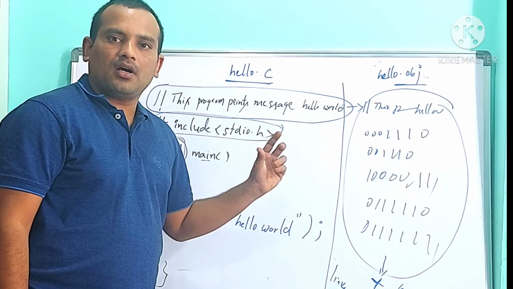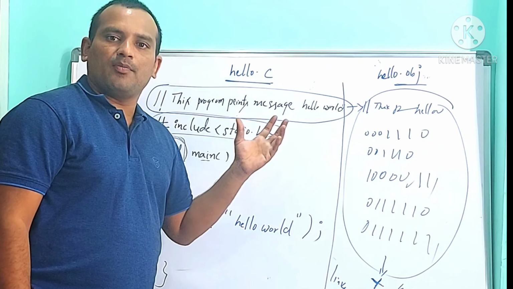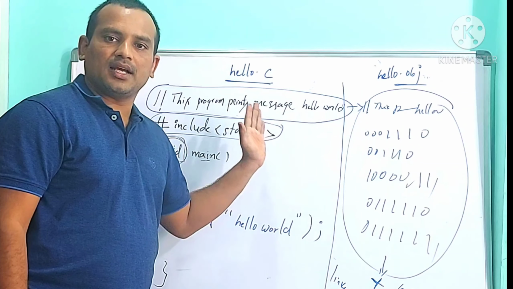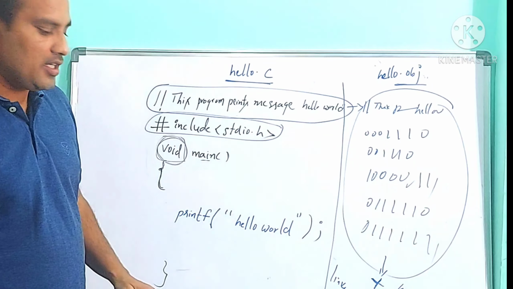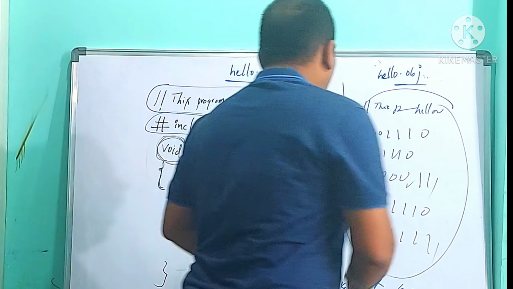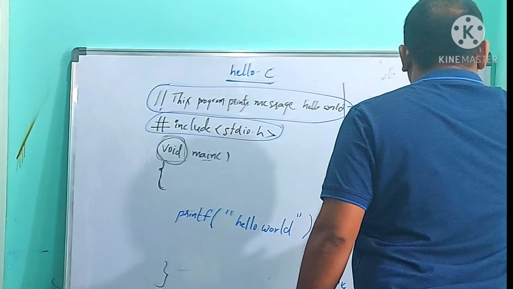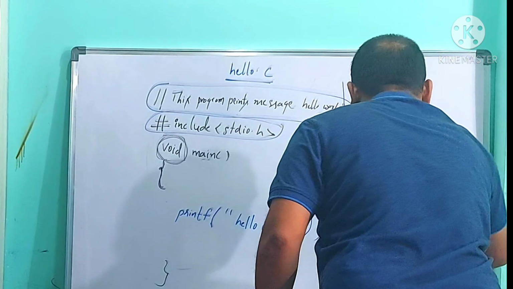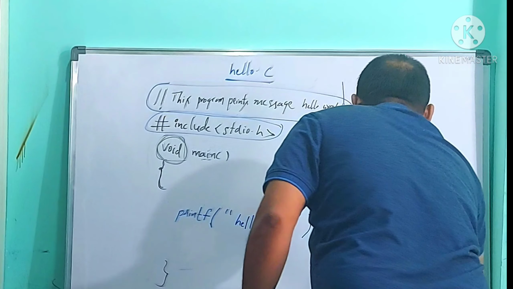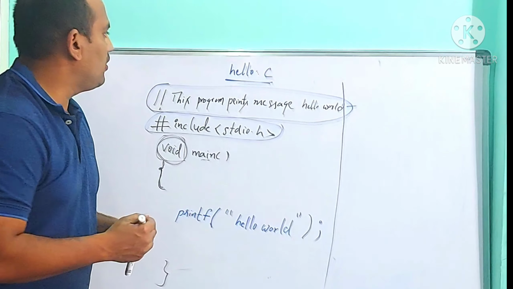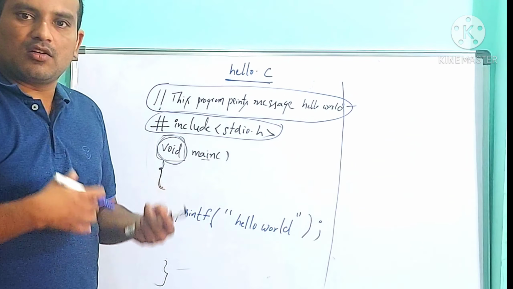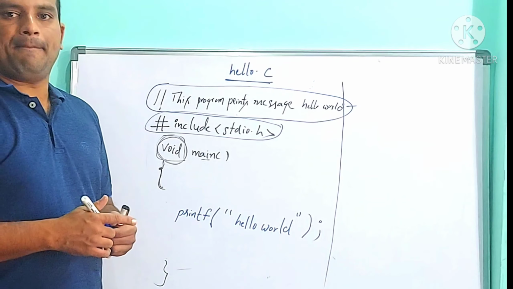Alt F9 is for the compilation purpose. When you press Alt F9, the compiler takes the high level language program and converts it into a machine level language program, which contains only zeros and ones. Now after Alt F9, we go for the second step. Now we have the .exe file. .exe stands for executable file. Now we can execute the executable file by using the runner.